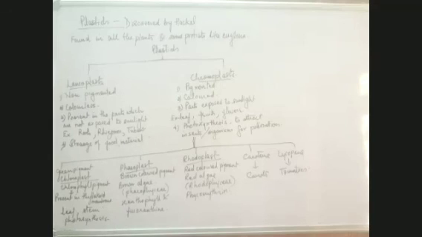These are the chromoplasts which are responsible for the various colors of the leaf, the fruit, and the flowers. The main function of chloroplast, the main chromoplast, is photosynthesis, and then the other functions are, of course, attracting the pollinating agents, which